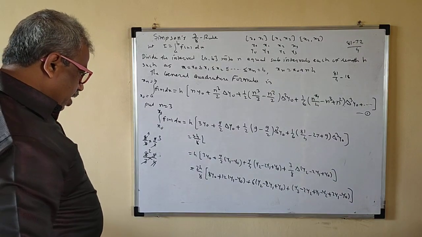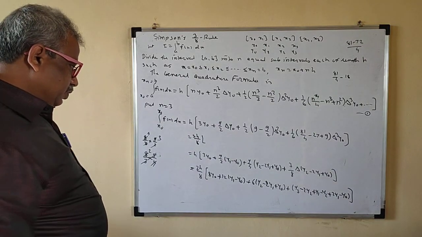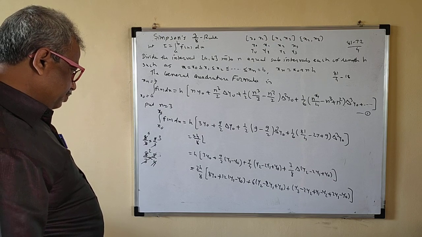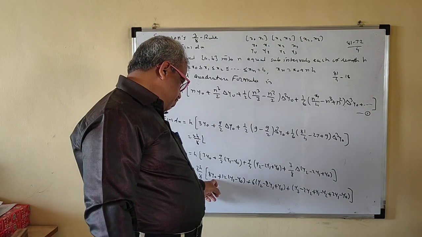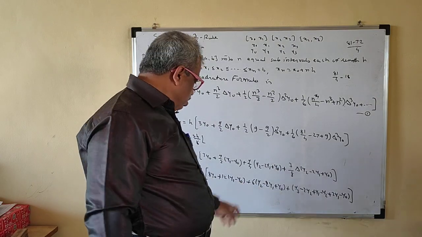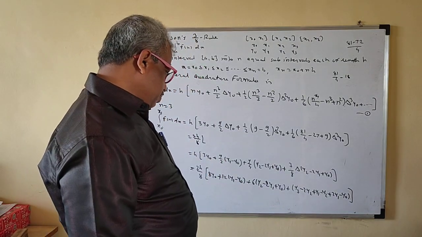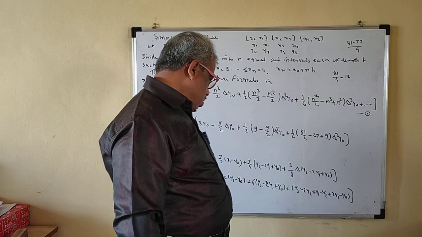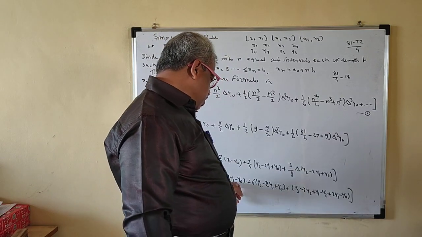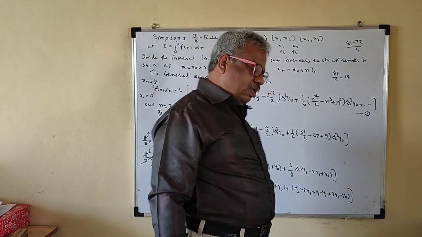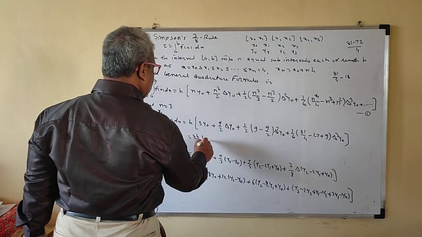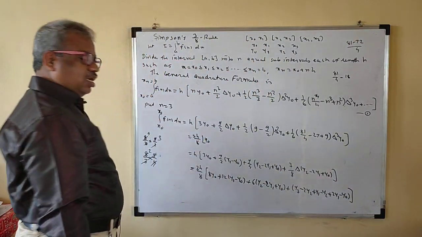Okay. So I will collect first y0. How many y0 are there? So this is 8y0. This is minus 12y0. So minus 4y0. This is plus 6y0. So plus 6, that means this is 2y0. And this is minus y0. So only y0 is there. Single y0 is there.